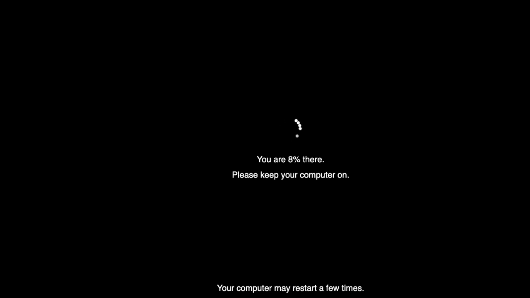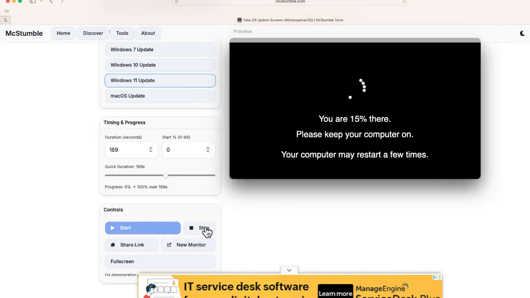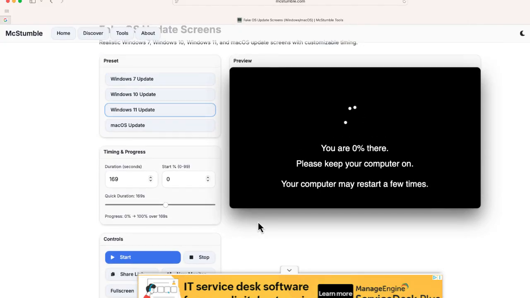Now, if someone didn't know any better, they would just think that my computer was updating when in reality, I'm just using that fake OS generator from mixstumble.com under Tools. So now to get out of it, exit full screen by selecting Escape. And now I'm done. So again, just some fun ways that you can create a fake operating system loading updates for your computer. Or again, I love this idea of playing jokes on a family member, a friend, or a coworker. Everything's available for free,